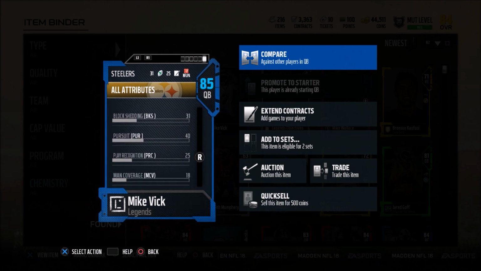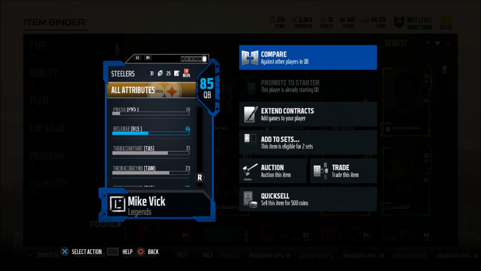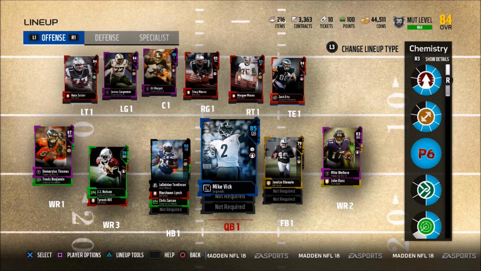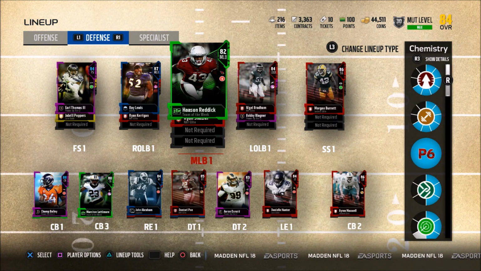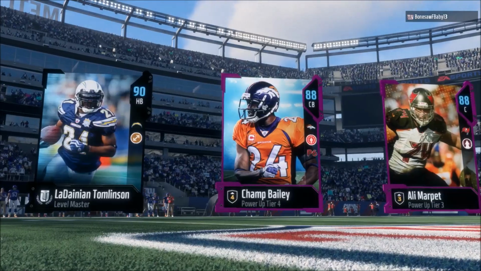Michael Vick came out yesterday, man, and you guys already know I wanted to get you guys some gameplay, but I couldn't. I could not get you guys Michael Vick gameplay with the 93 overall because he is a ton of coins, and there's no way I'm going to be able to get that card. So for today, we do have a quick gameplay review on the 84 overall 16K budget QB Mike Vick. Now,